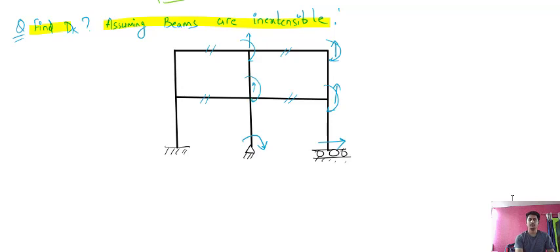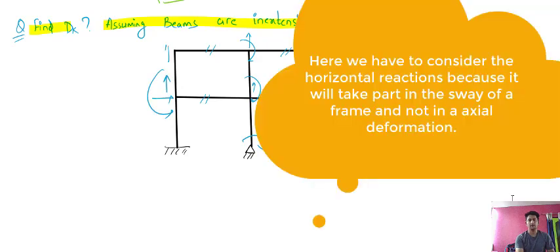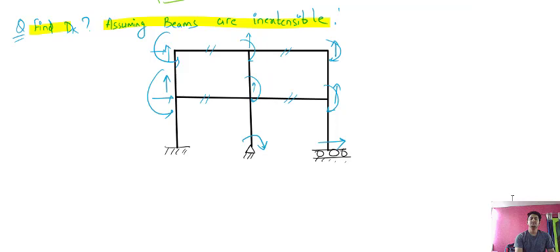Here you can consider either at this point or this point. You need to consider 3. Okay, one horizontal, one vertical, and one moment. Here also at this joint, one vertical, one horizontal, and one moment. As these beams are inextensible, you need to remove the horizontal reactions from these points. Okay, that's why I have removed these points. Only one horizontal reaction at these members can be considered. Otherwise, you need to remove the horizontal reaction from there.